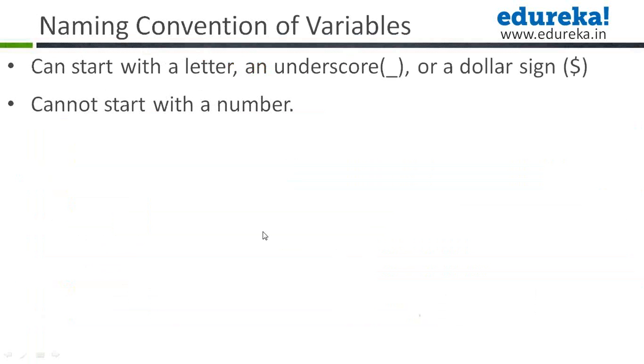Moving on, I come to the naming convention of variables. Now what are variables? Variables are the containers in which you store your values. Now you define what kind of value can go into a variable using the data type. If you write int